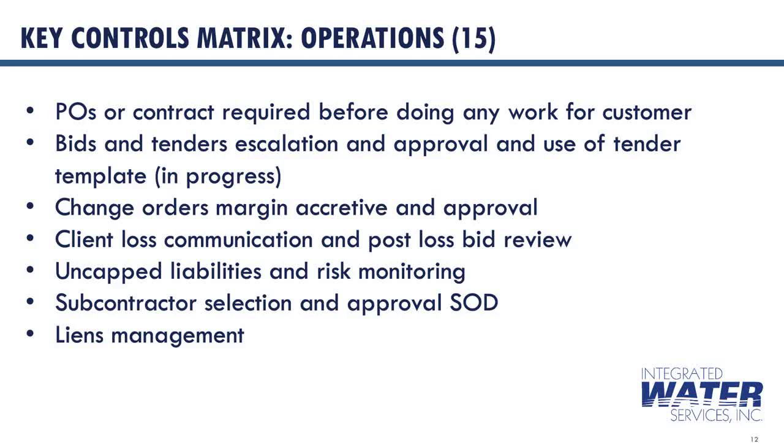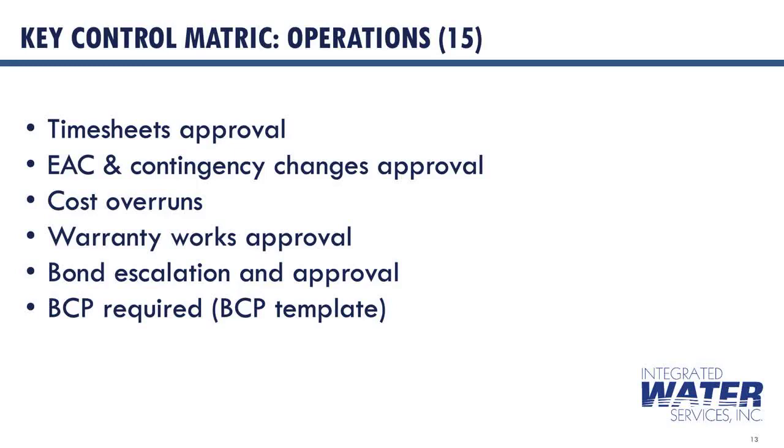When the group agrees to uncapped liabilities, mitigations proposed during the contract review process are implemented, monitored, and maintained. Subcontractors are qualified according to the business requirements or the scope of services provided, and there is appropriate segregation of duties applied to the selection and approval of all subcontractors. A system is in place to track all liens, ensuring that lien waivers are obtained from our vendors once payments to vendors are completed. We continue listing the operational controls.